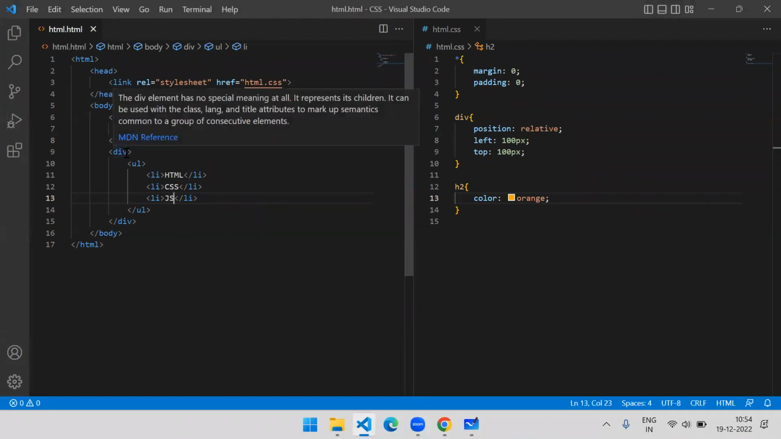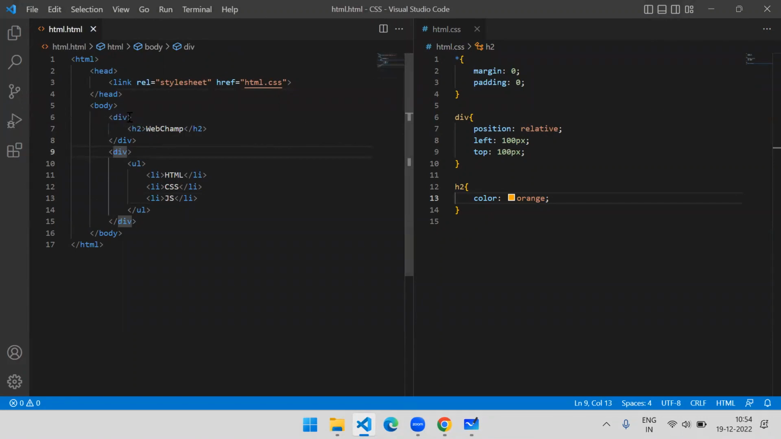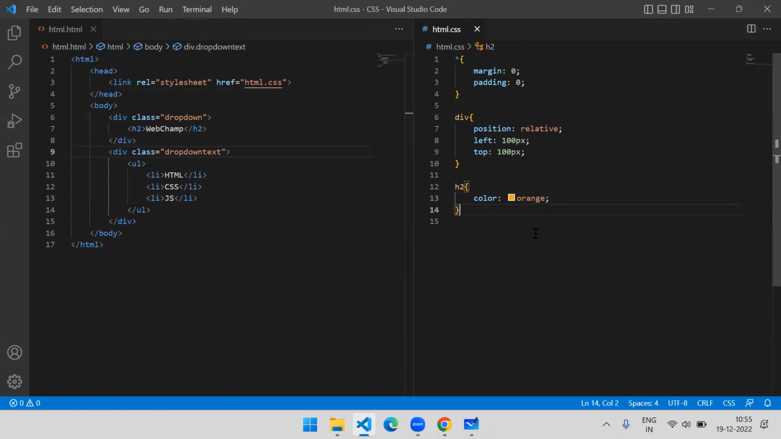Now here I will declare a class as a dropdown. And here I will declare a class as a dropdown text. Dropdown text or dropdown image, whatever it would be, you can mention the class name. There is no restriction on the class name. As per your wishes, you can choose the class name, but the properties should be given as per the